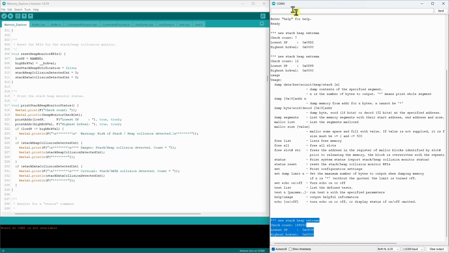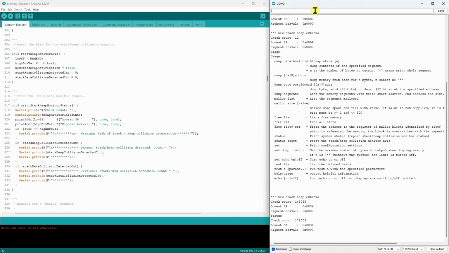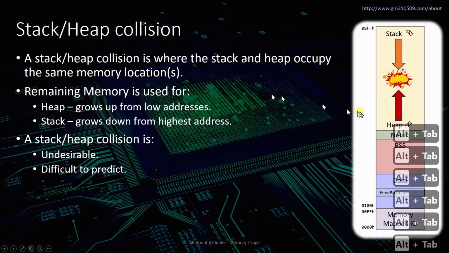So this print stack heap monitor status function produces that output. I won't go through that because that's not terribly exciting and not really part of the system, but you could certainly use that. But if I just enter the status command, then it'll produce that same output. And so what we have here is a counter. This is the number of times since the system has started that the monitor has checked the stack and the heap. And this is the lowest stack pointer found. So basically the furthest that this,